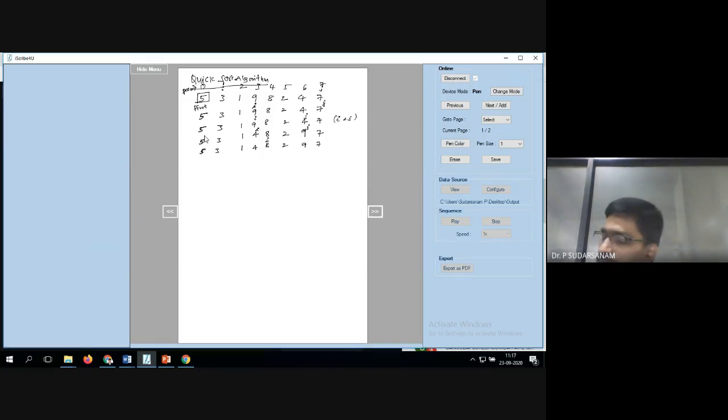No, you have to stop the process. Now I location value less than J, so 4 is less than 5. Interchange 8 and 2. So now after interchanging: 5, 3, 1, 4, 2, 8, 9, 7. So this is nothing but the I location. This is nothing but the J location.